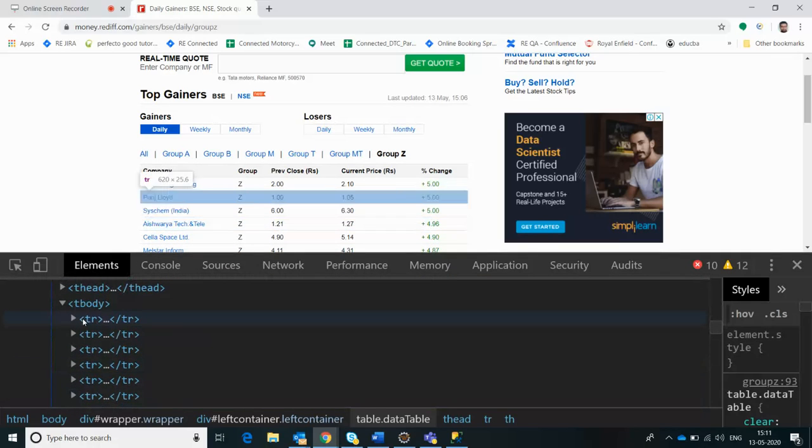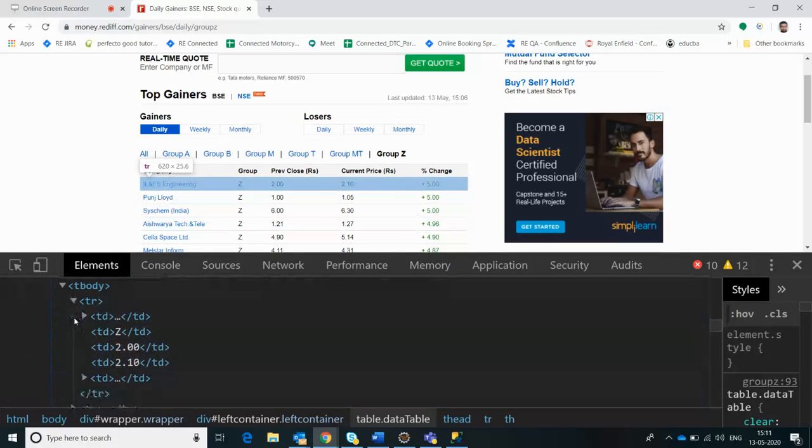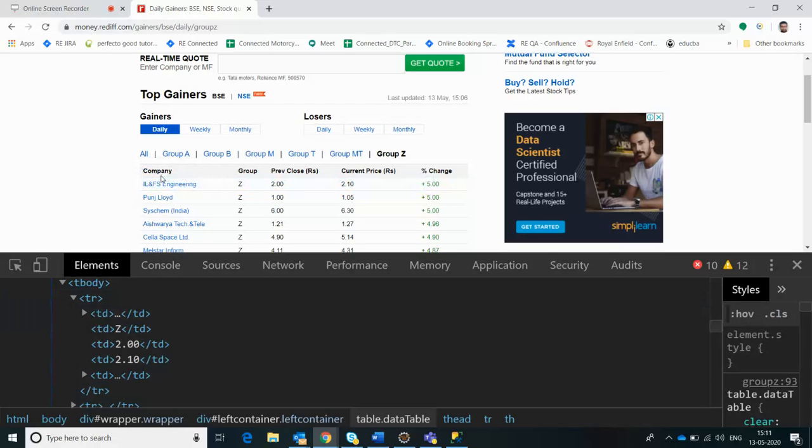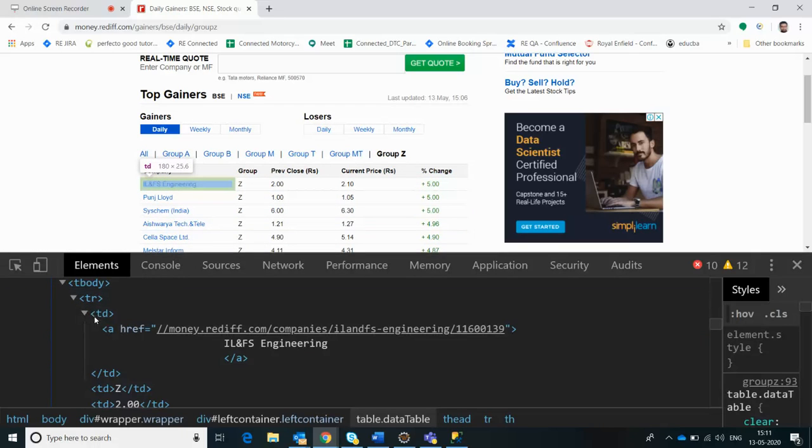If we talk about the first TR tag, it will have TD tags, because this is the first column, right? This is actually a hyperlink. So this first column has a hyperlink, and this is the link text, IL and FS Engineering. In Selenium we use link text for a hyperlink, right?